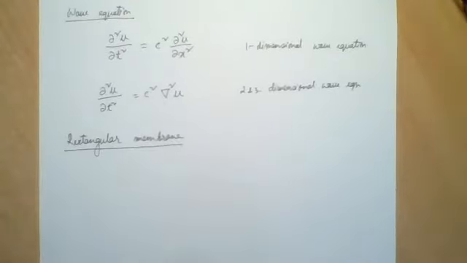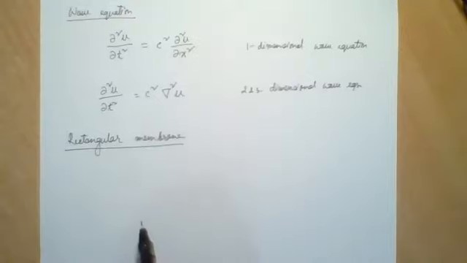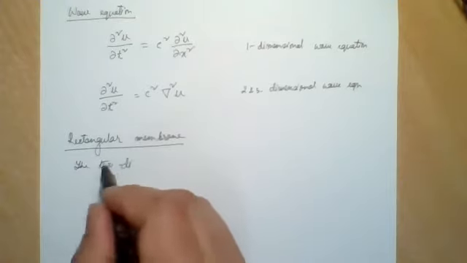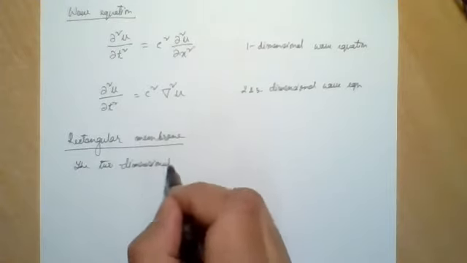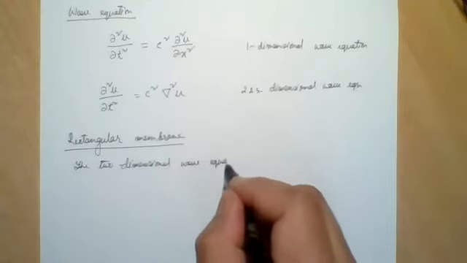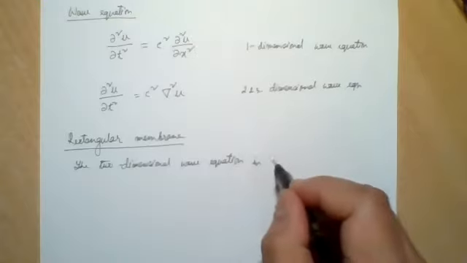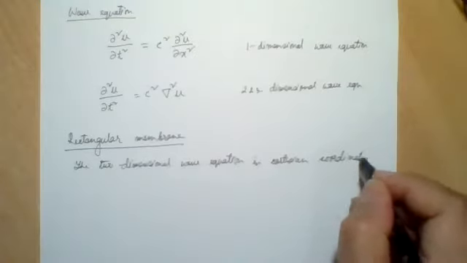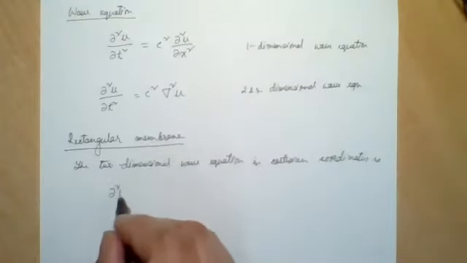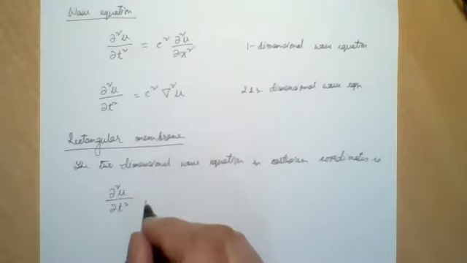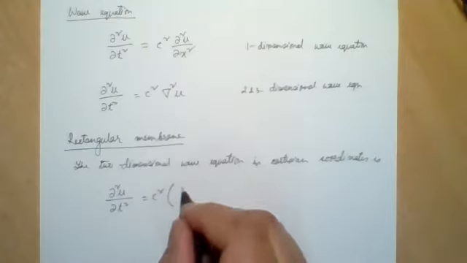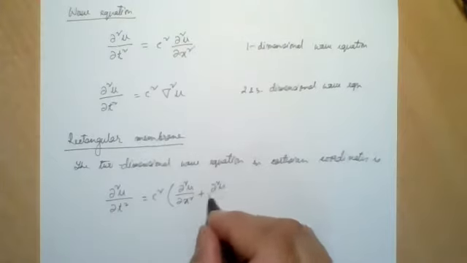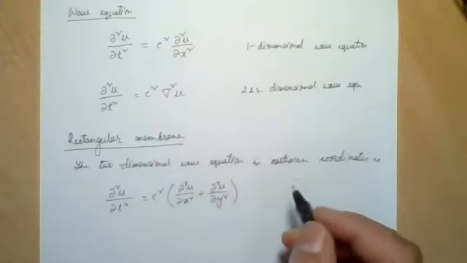So the two-dimensional wave equation in Cartesian coordinates is ∂²u/∂t² = c² (∂²u/∂x² + ∂²u/∂y²). This is the wave equation in 2 dimensions in Cartesian coordinates,